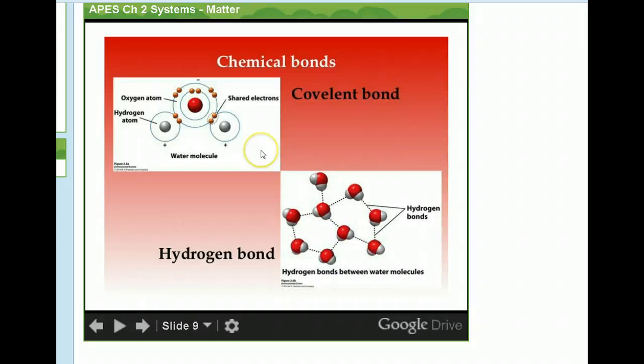Water is amazing, and I'll be talking about it all through the year, but water is so cool because it has this cool shape, and that makes it have a negative side and a positive side, which makes it really unique. If you look at this side, oxygen has a whole ton of electrons on it, so this side feels negative. On this side, the electrons are being shared over here, so this side is partially positive. So this side is partially negative, and this side's partially positive.